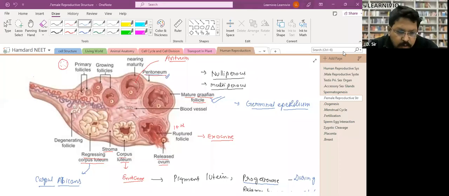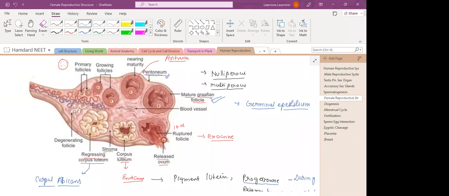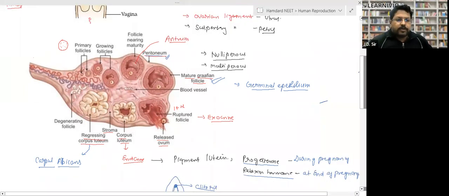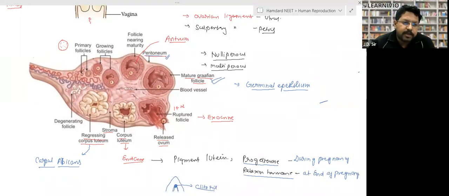Look, I was talking about this one. Have you seen this diagram or not? No. This is actually a lateral section of the ovary. First, at the time of puberty inside a female, there are these kinds of follicles. They are called growing follicles. Inside a growing follicle, there is an egg, right? Then this follicle matures, right? After the menstrual cycle it starts. When mature, there is a liquid, gel kind of formation called the antrum. This is the egg. When it is a fully mature follicle, it is called the Graafian follicle.